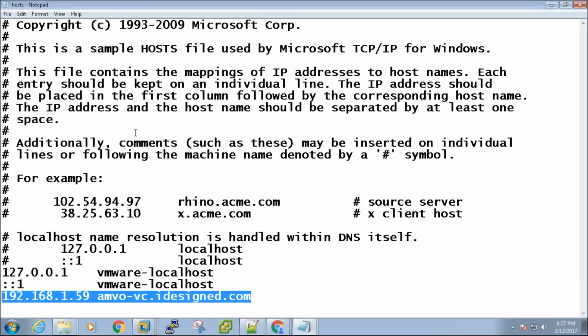Well, I'm just trying to create a host file for the name resolution. So how this will help us is, since we need